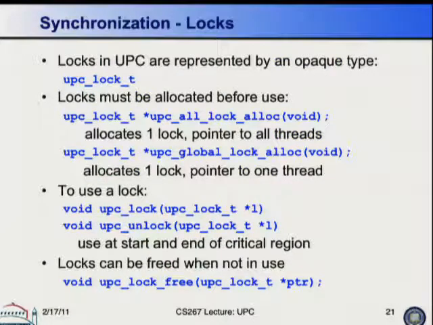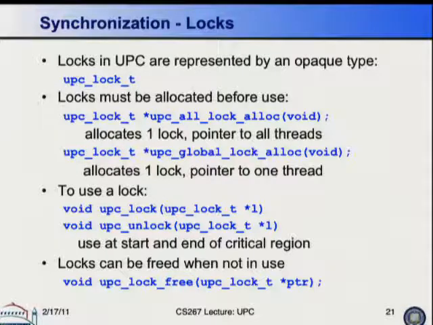Okay, so barriers are a little interesting, as I said, because of the split phase nature of them. But UPC also has locks because it has shared variables. You often want to lock a shared data structure because you don't really know at what point different threads are going to access it. So this is going to give you mutual exclusion. It doesn't force anything to happen in a particular order. It just says no two threads can be accessing something at the same time, just as we saw in pthreads